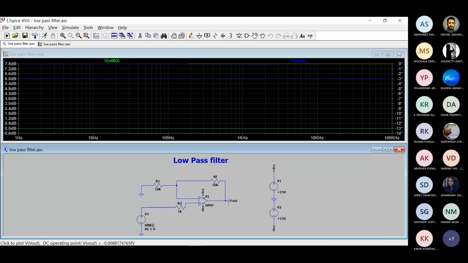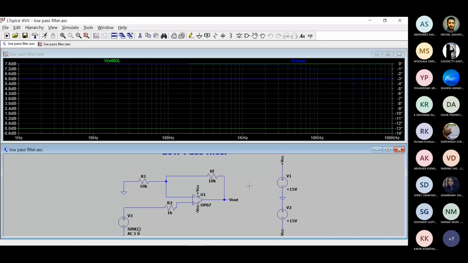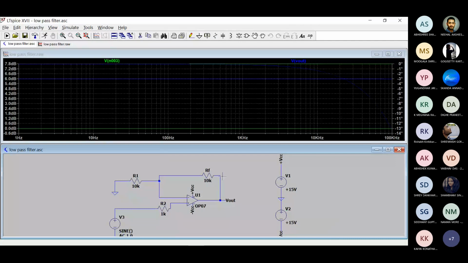Yeah, so you can see the cutoff frequency here, and all the signal under this cutoff frequency is getting passed. And also we specify the cutoff frequency. With the help of the cutoff frequency, we calculate the value of R2 as well. Similarly, we can design a second order low pass filter, a second order high pass filter, a first order high pass filter, and so on.